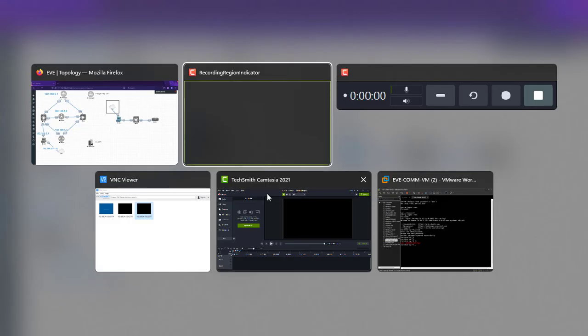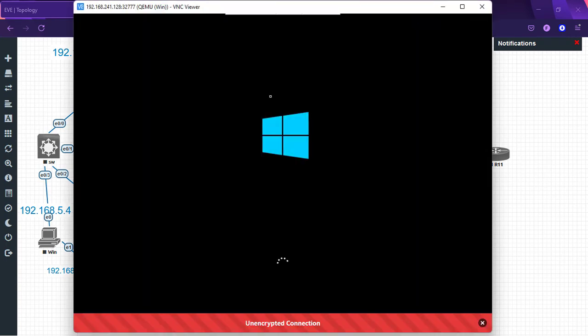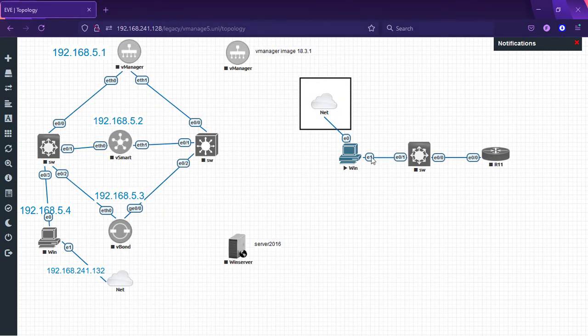Let's go to VNC viewer. The PC, before login, is saved here. I will double click on it. One more thing here, we can give a manual IP address. Here my main IP, which I get through my VMware Workstation, is 192.168.241.128.